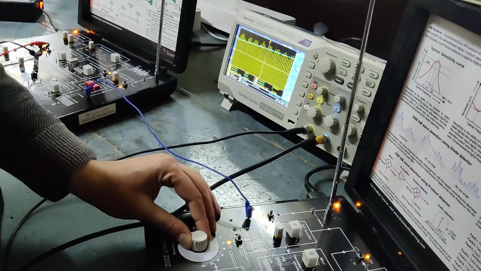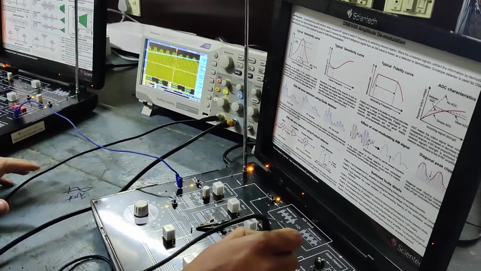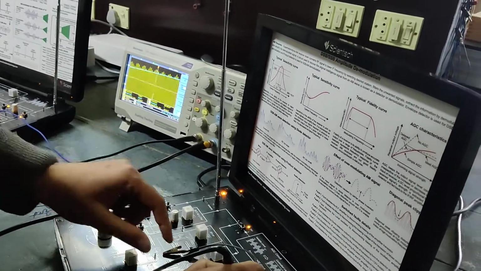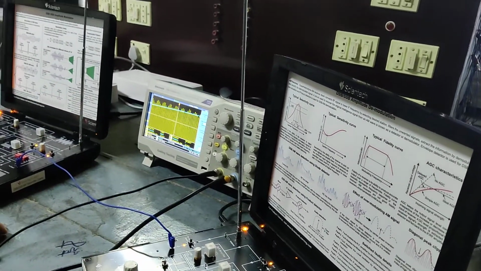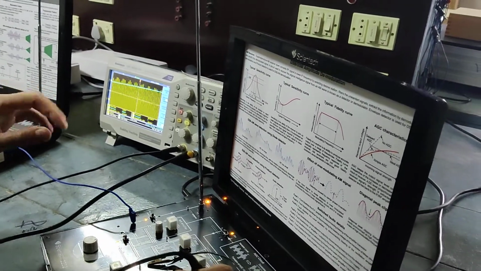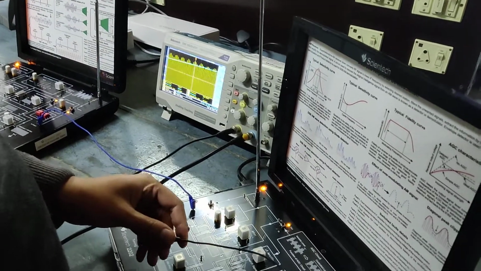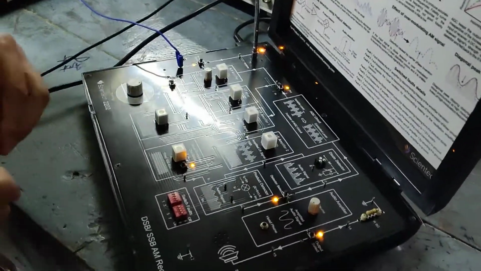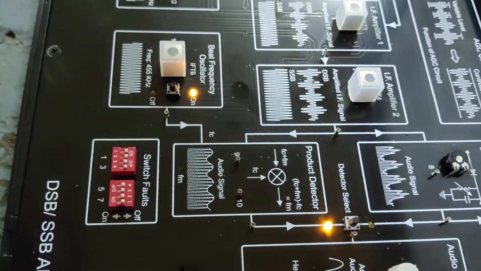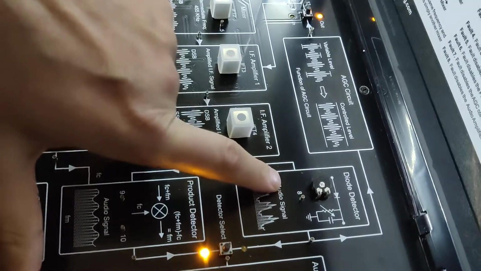Otherwise it may seem like a dual sideband, but this is only because of unbalanced modulation that may come from the transmitter end. Otherwise we have a suppressed carrier and suppressed sideband, but if not, there will be a sideband, which will give you an amplified output here which is fed to this product detector. Here we have to use this product detector once we are using single sideband demodulation; otherwise, in DSB, we use the diode detector.